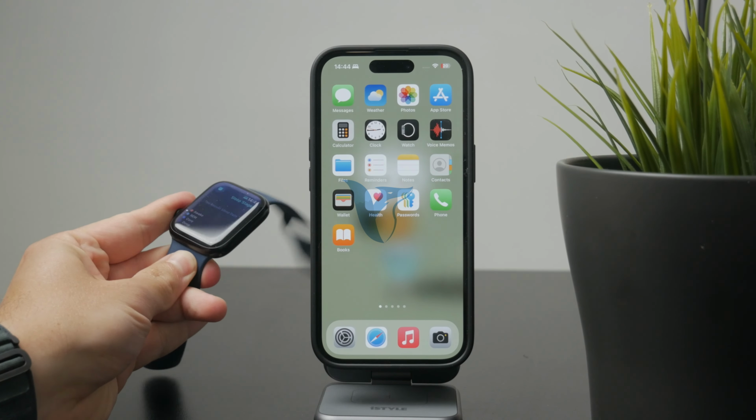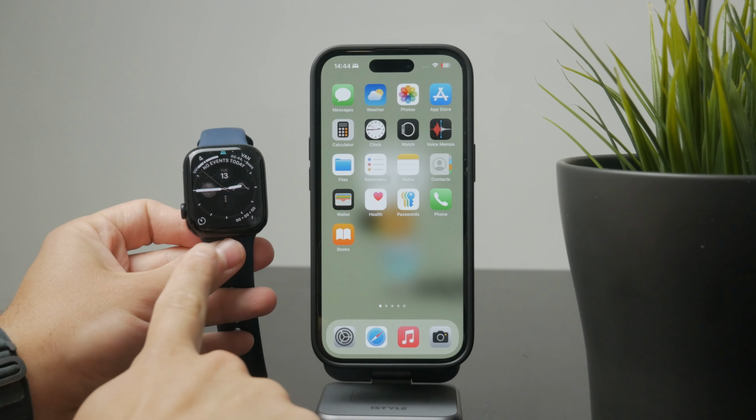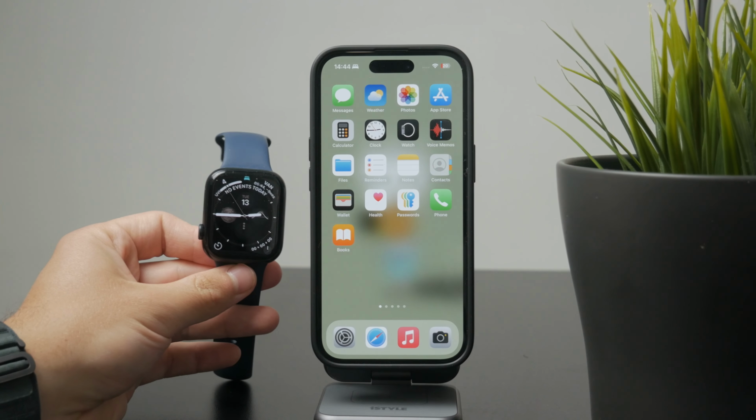You're watching Foxtecc, and in this video, I'll show you how to manage notifications on your Apple Watch quickly and